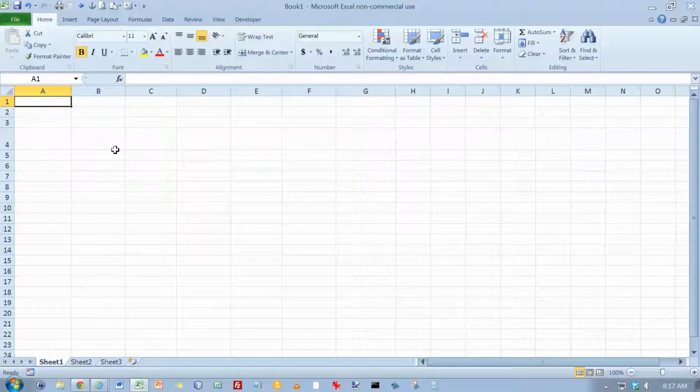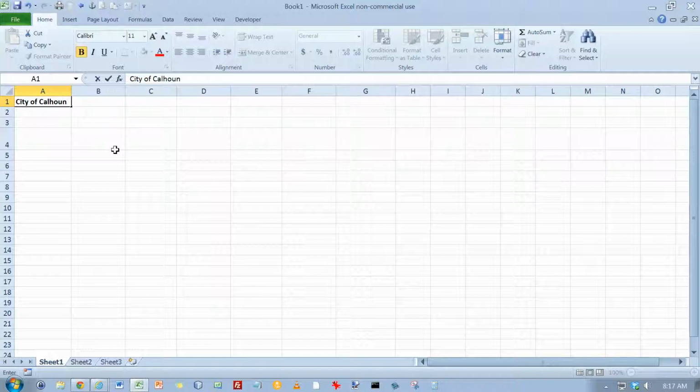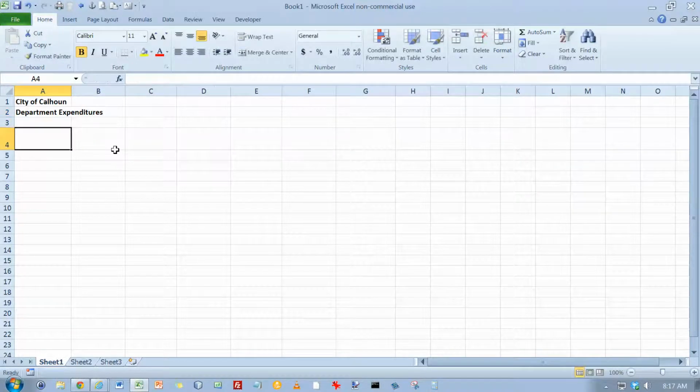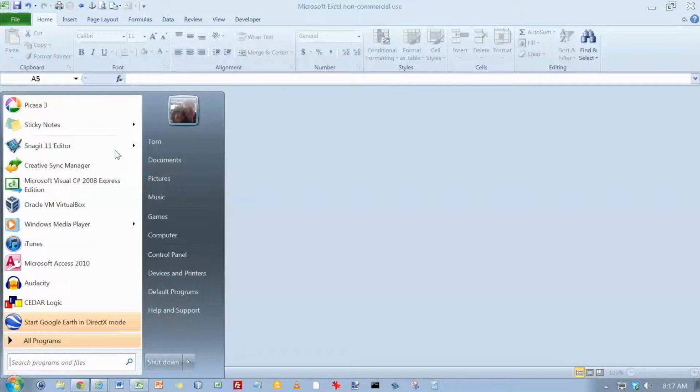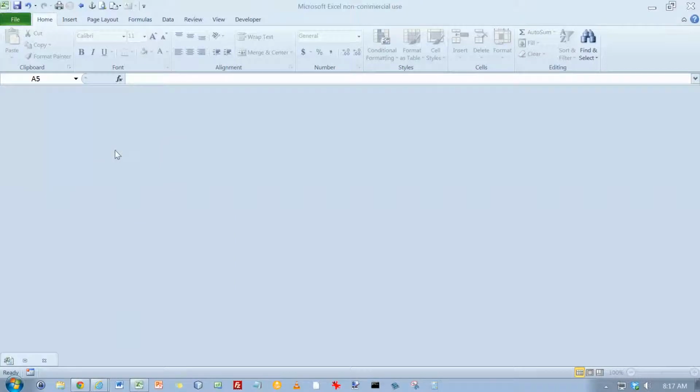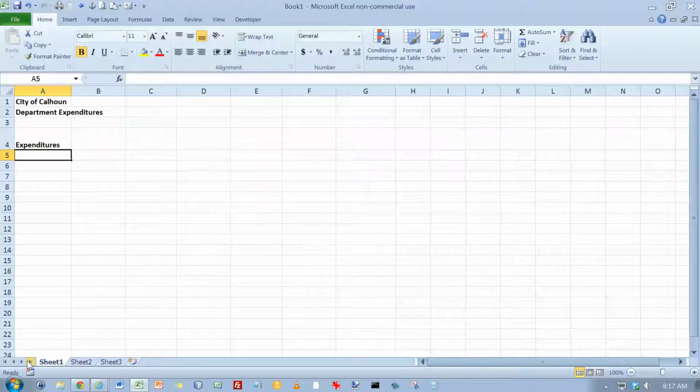Okay, in A1 we want City of Calhoun. Press down arrow and Department Expenditures. And we want to type in the rest of the items in column A. Okay, and then we've got some data to put in